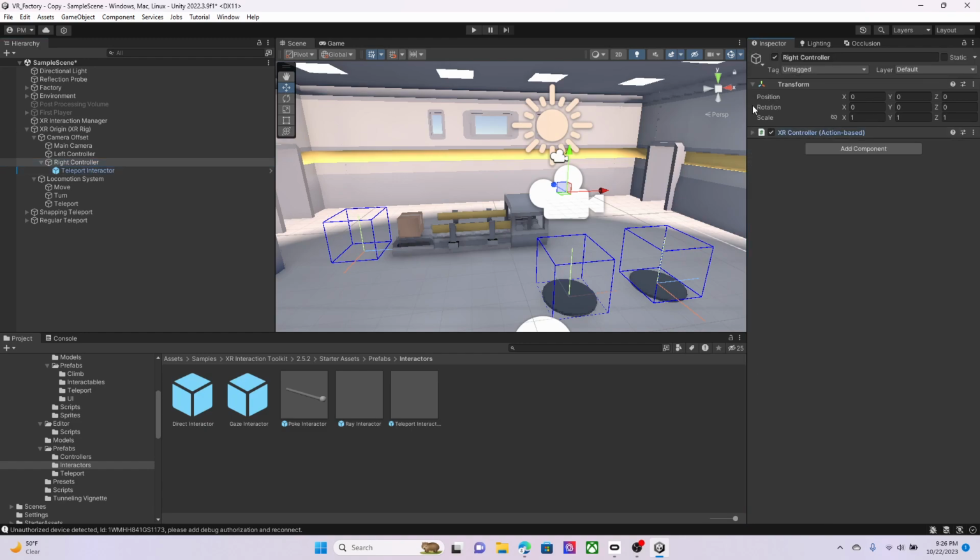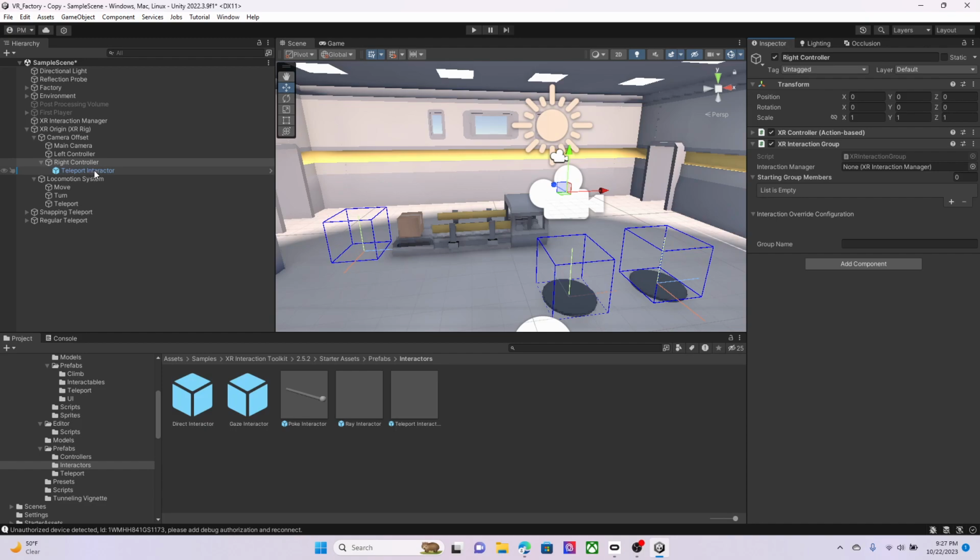And we're going to collapse this down because we don't need to see that right now. And we're going to add what's called an XR interaction group. And this is going to be an important element to our controller later when we go to add in additional capabilities. So right now all we have is the teleport interactor, but in follow-on tutorials we're going to want the ray interactor, which is sort of like the laser pointer that can reach out and grab things, or we may want the direct interactor or some other interaction that's kind of similar to the teleport, and so we need a